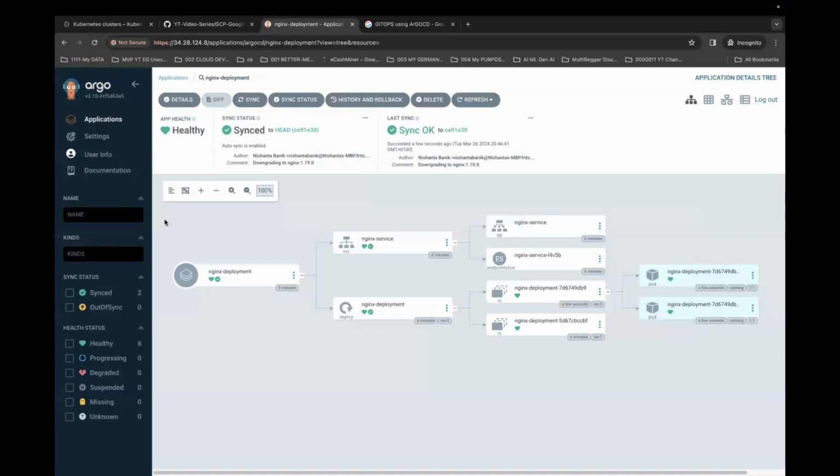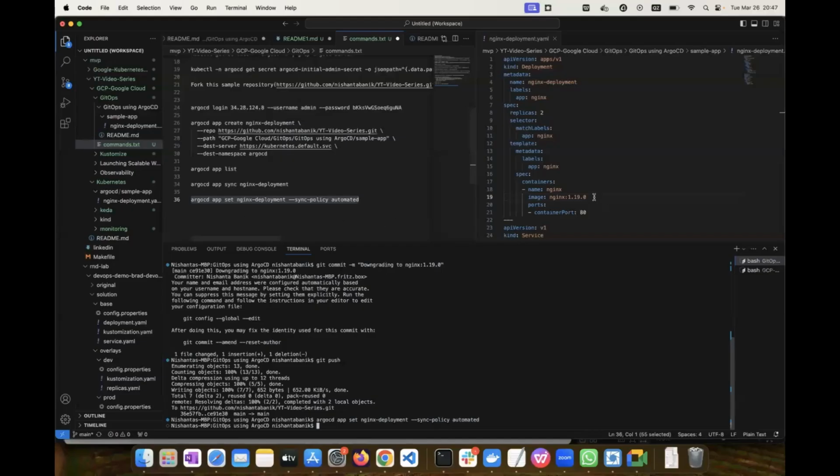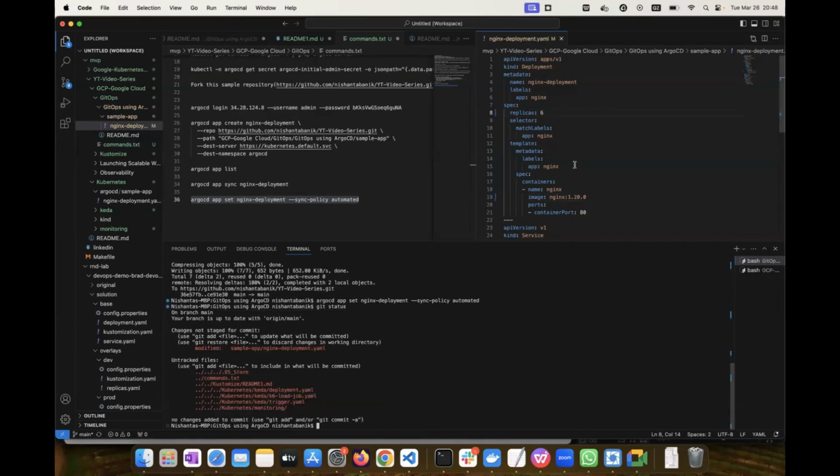But another point to mention, this auto sync will happen based on different environments in a time period of 3 to 7 minutes. Mostly it will happen in 5 to 6 minutes, but again, depending on various other parameters, it may happen within 3 to 7 minutes. So now if I go again and upgrade the version to 1.20, and then give the replicas a 6, and then if I go to status, you see this is the particular change it is showing me. Let me save it again and